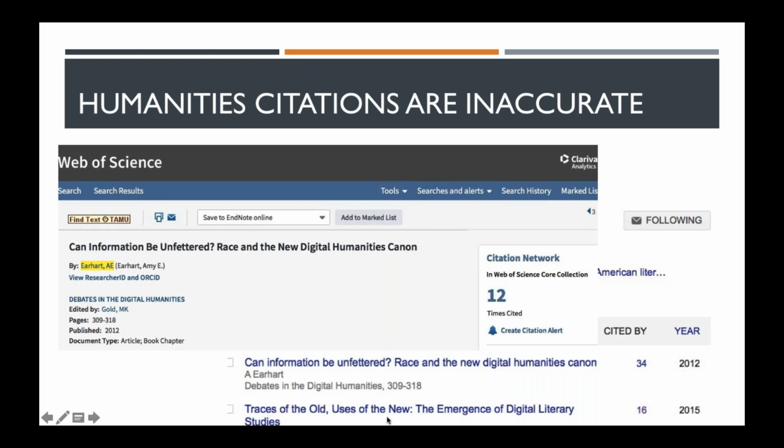And just to give you a quick overview of how I've found problems with our traditional metrics that altmetrics might help to inform, here's the Web of Science, which is traditionally considered a really great citation index. As you notice, this particular article is cited, according to them, 12 times. We do a little better with Google Scholar, but actually when I've hand indexed this,